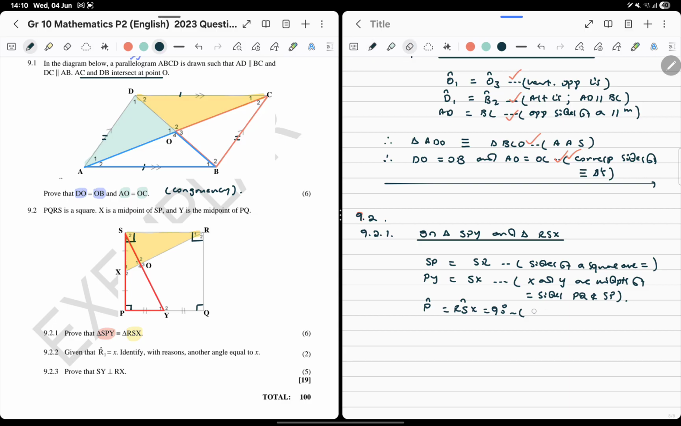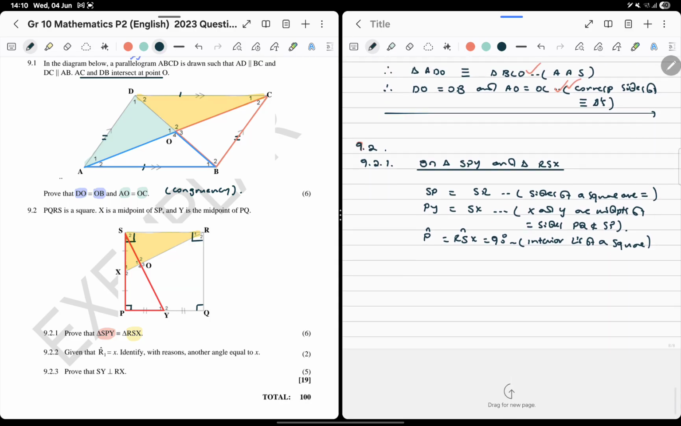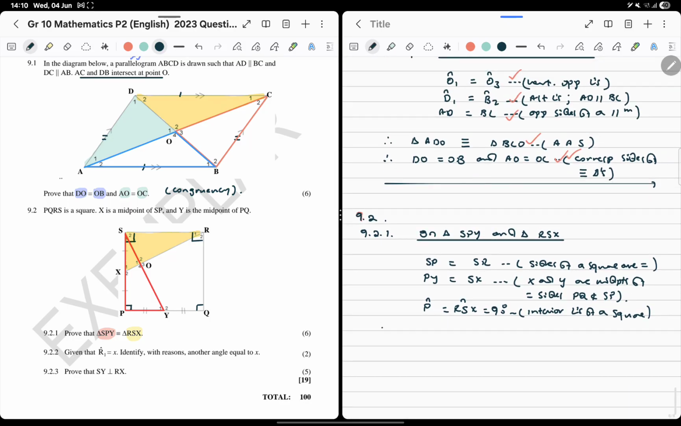Maybe we don't use English too much. We use interior angles. Interior angles of a square are always 90 degrees. Now from here we can say, therefore,